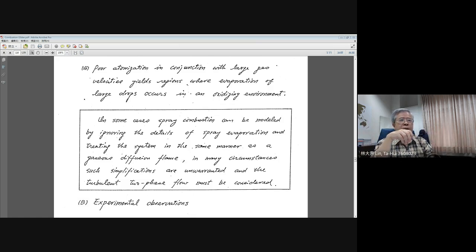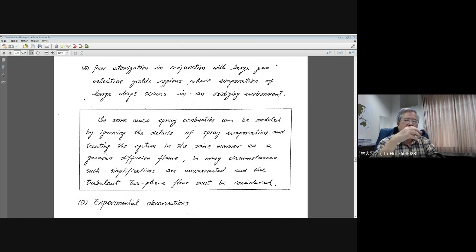Then that means it's easier to have a very efficient mixing of oxygen with fuel vapor, and the burning is very similar to the gaseous diffusion flame. In such a case, you can use the gaseous diffusion flame to simulate the spray flame, based on well-atomized sprays. But if you consider, especially for the full cone sprays, the solid cone sprays, that